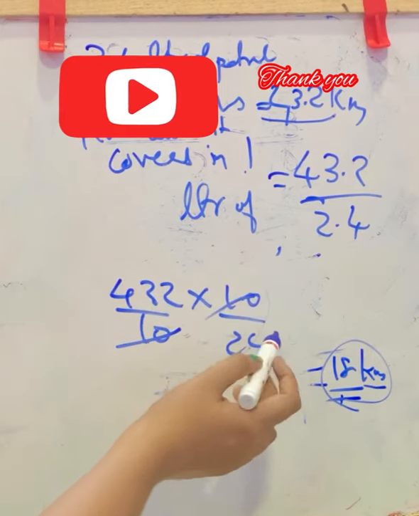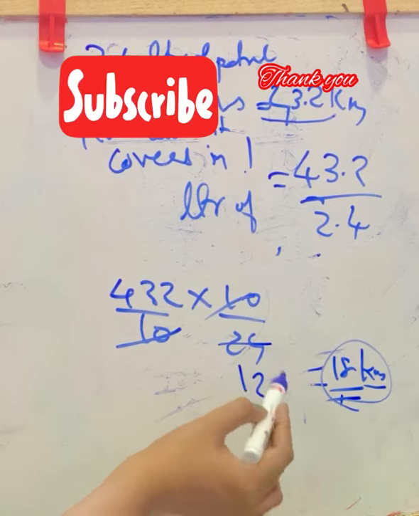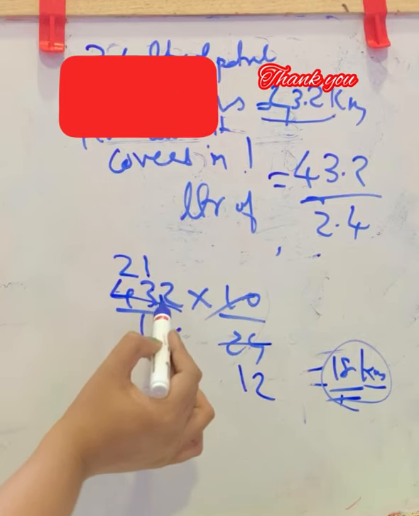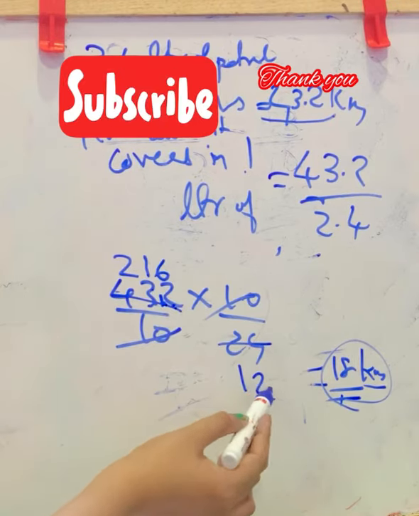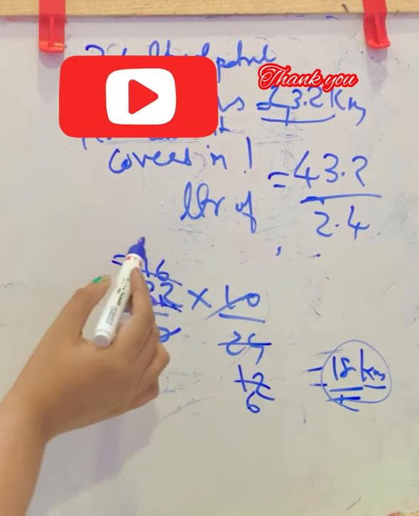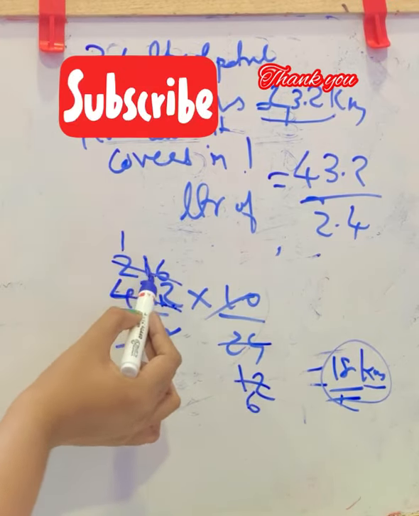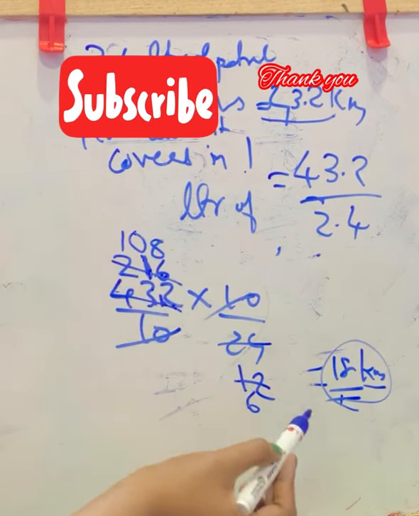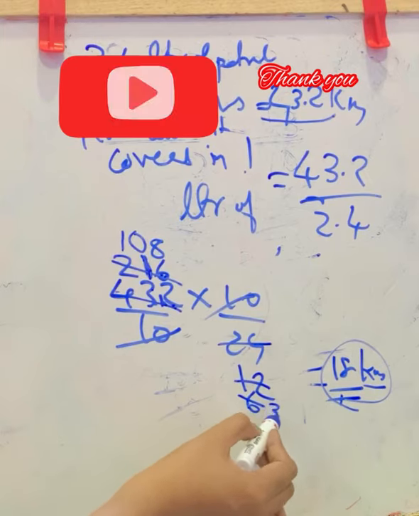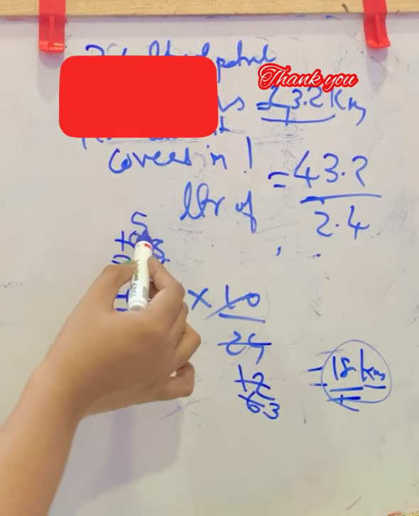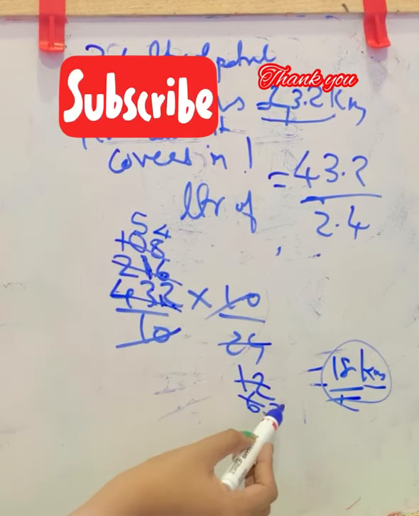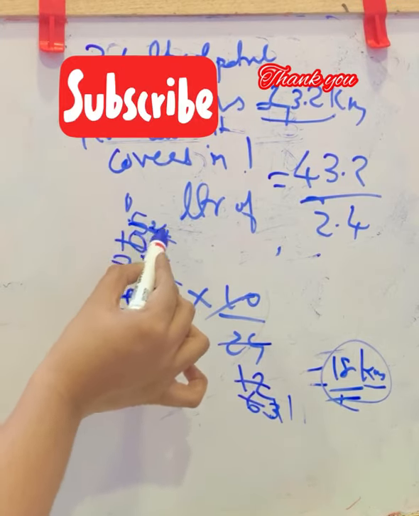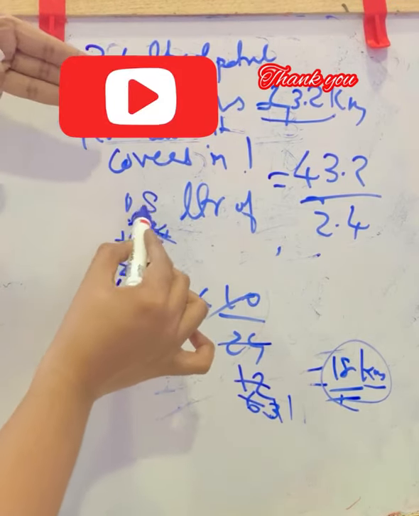If you are starting with 2, in 24, 1 2s are 2, 2 2s are 4. In 432, 2 2s are 4. In 3, 1 2s are 2. Balance 1. This becomes 12. 6 2s are 12. In 12, again with 2, 6 2s are 12. Here also with 2, 2 1s are 2. Here you can't divide it with 2. This is 1. So put a 0 here and take this together, 16. 8 2s are 16. Now in 6, again 2. 2 3s are 6. Here again 2. 5 2s are 10 and 4 2s are 8. Now in 3, 3 1s are 3. This with 3, 3 1s are 3. Balance is 2. 24. 3 into 8 is 24.